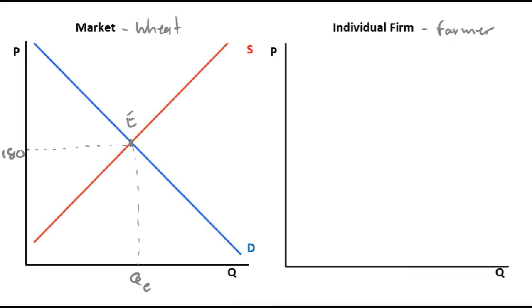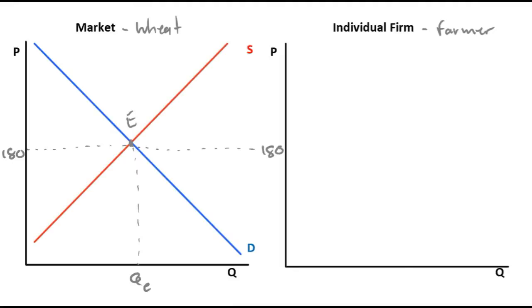Suppose we're looking at the wheat market, which would be a perfectly competitive market. The international market sets the price of wheat. In Canada today, the price is approximately $180 per metric ton. So if you're an individual farmer growing wheat, then you will sell your wheat for $180 on the